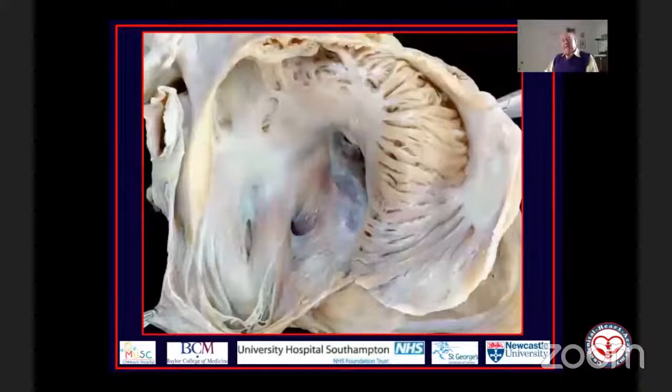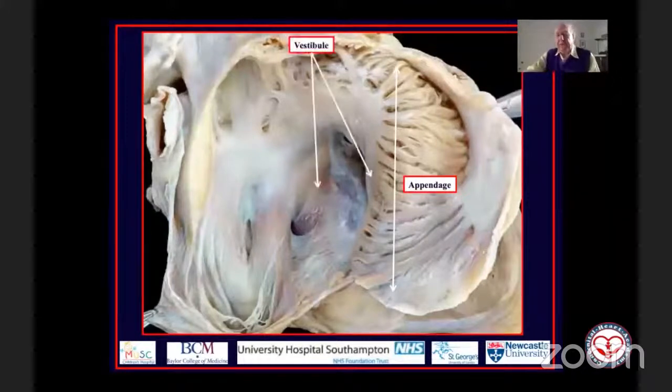Now here's a still picture of the morphologically right atrium. Very shortly, Diane's going to be showing you a moving picture with one of her beautiful video clips. But you see immediately, I hope, in this still image, the essence of the morphologically right atrium. And that is the extent of the pectinate muscles within the appendage relative to the vestibule supporting the leaflets of